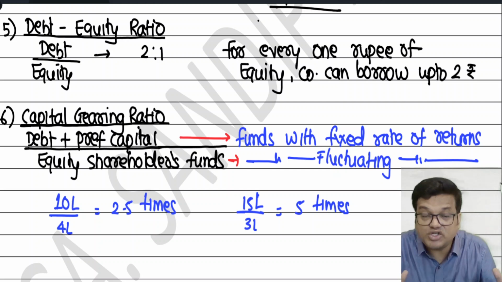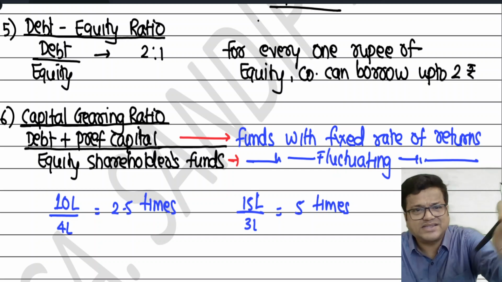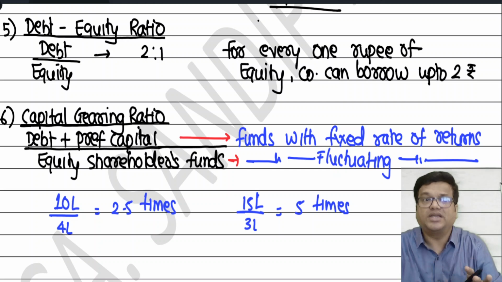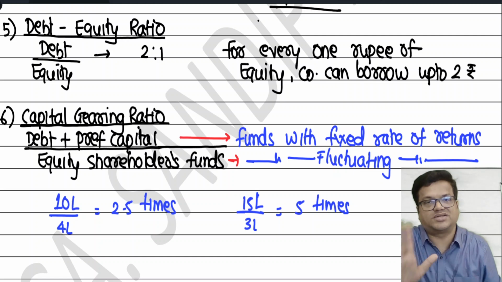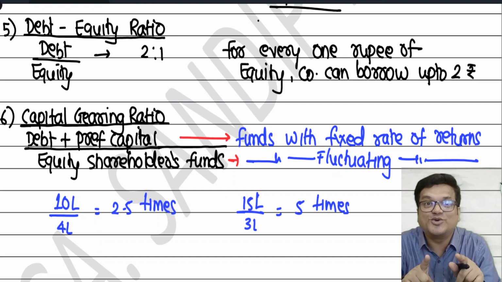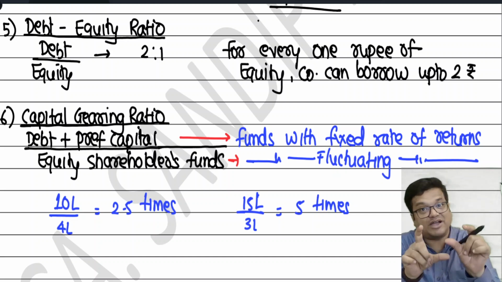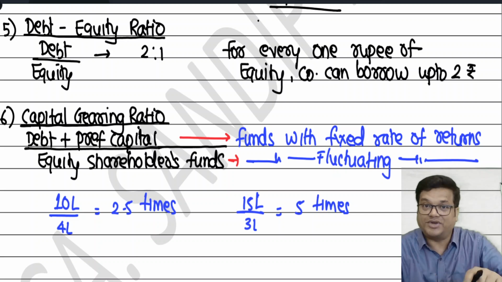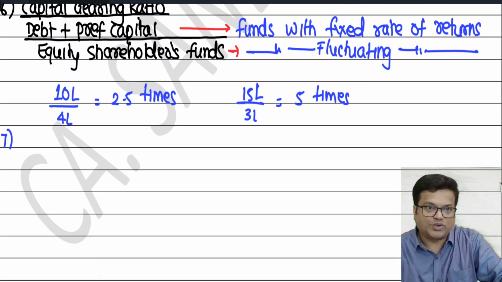So what is our job? Our job as a finance manager doing financial analysis is to tell people, see guys, in this particular company the capital gearing ratio is high, which means the risk is high. Now it is your decision whether to invest or not. Our task as finance managers is just to guide them about which company has a higher risk and which company has a lower risk. Okay. One more ratio, that is